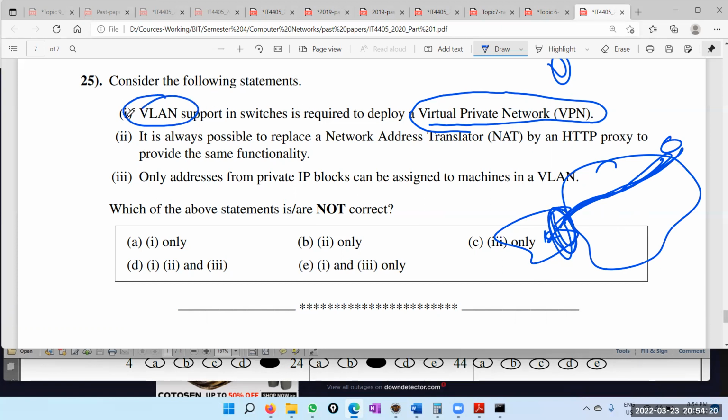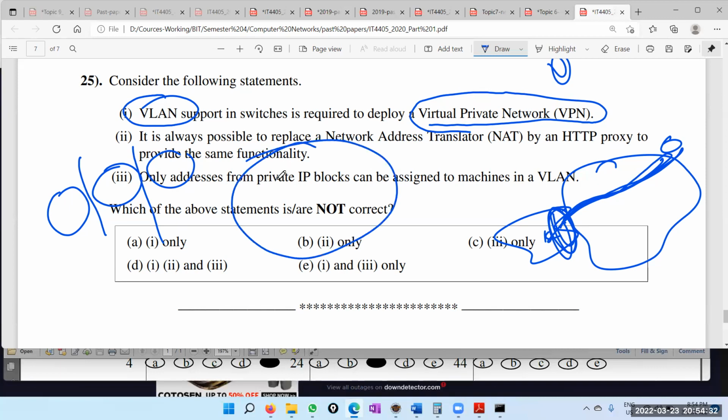VLAN is a separate concept. Virtual LAN means you are not supposed to be physically separated to create different LANs. So that is the traditional local area network. You are just one network, right? But logically you are separated. So that means, say these are 4 buildings. You can connect to your local area network regardless of whether you are in this building or that building or whatever, because it is logical only,